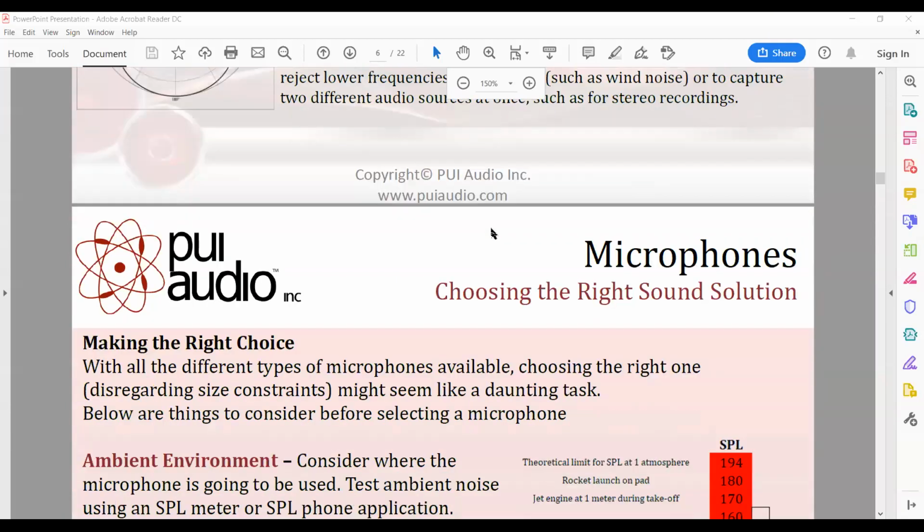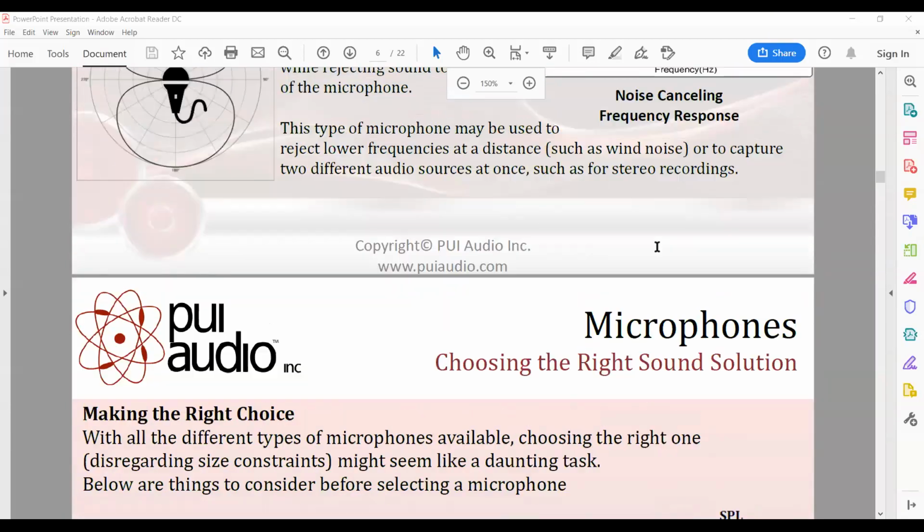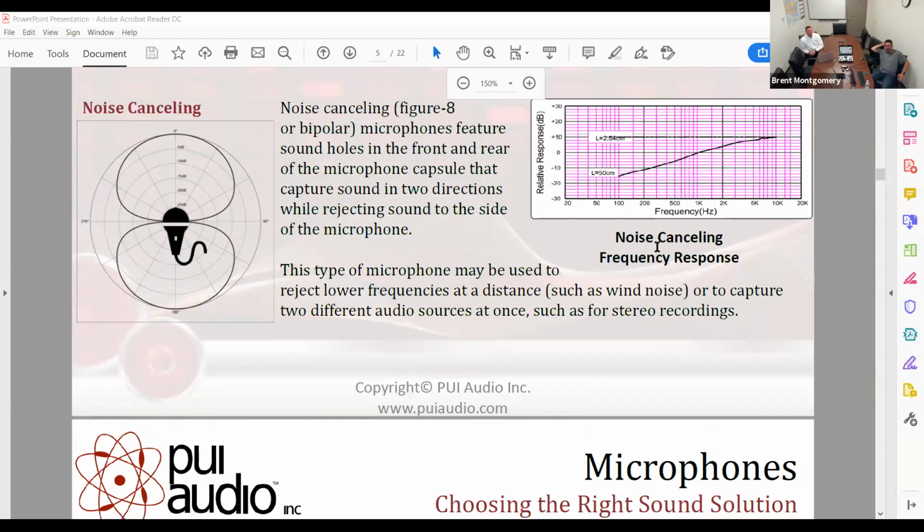So Mike, can you turn down the sensitivity of a given microphone? Oh, absolutely. That's a really good question. So the microphone sensitivity is based upon the rated voltage. That's usually going to be 2 to 3 volts for most of our microphones. If you want to make a microphone less sensitive, then you would just lower the input voltage from like 2 volts DC to 1 volt DC. And then you can also add a resistor in series with the output of the microphone.